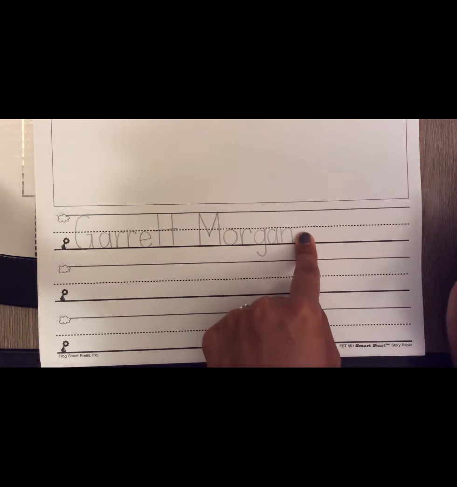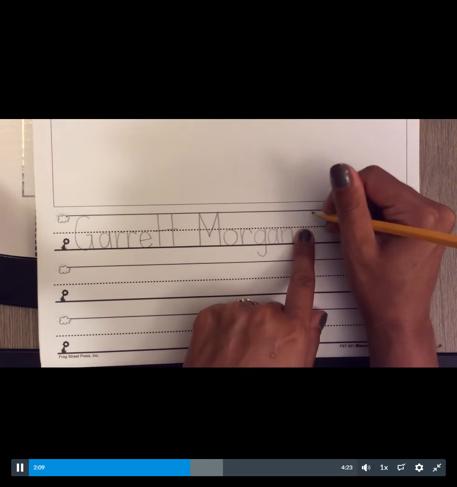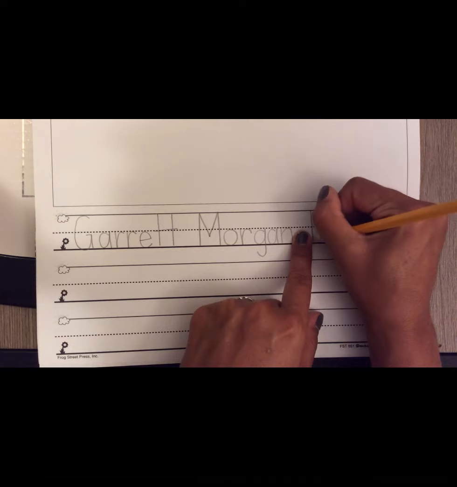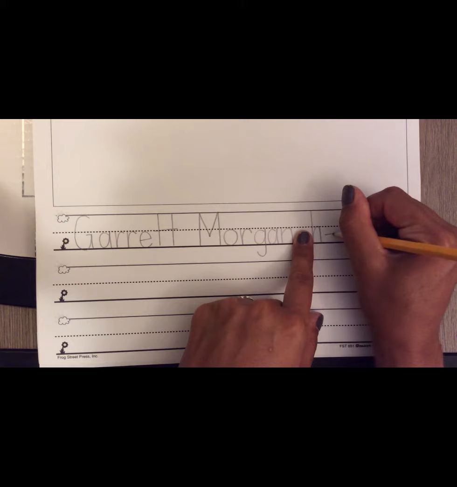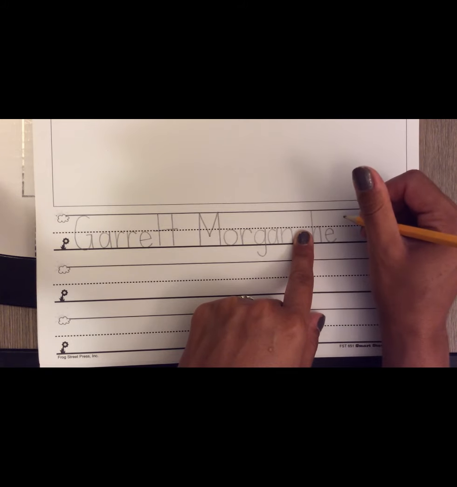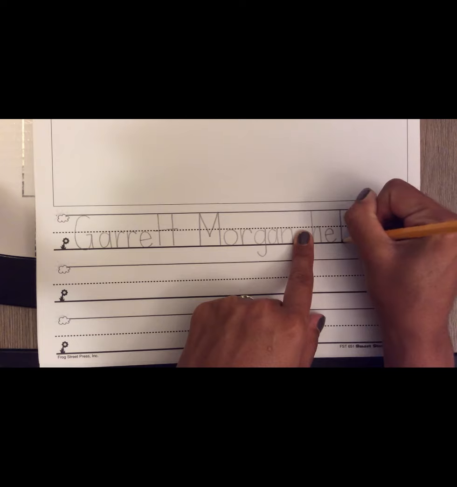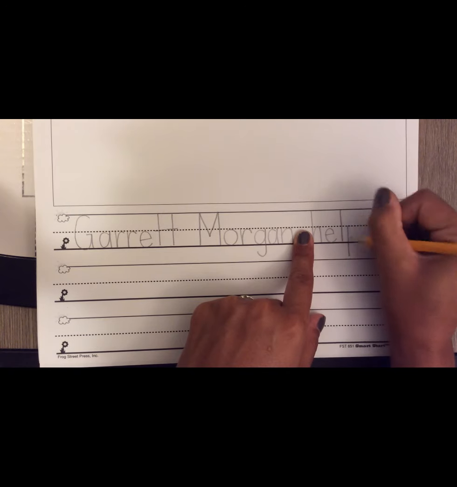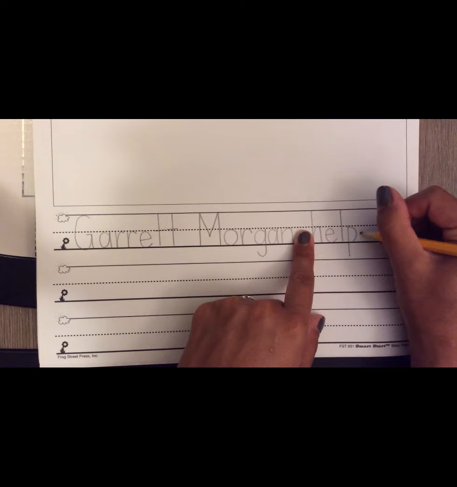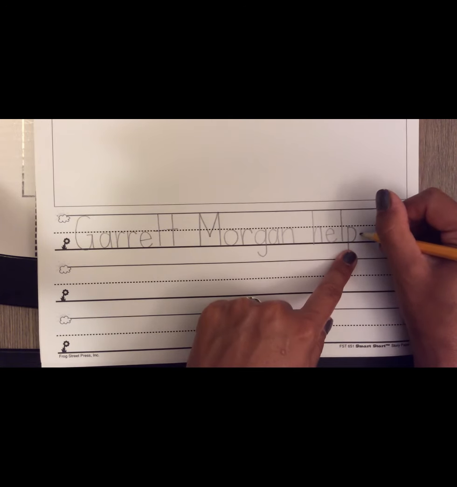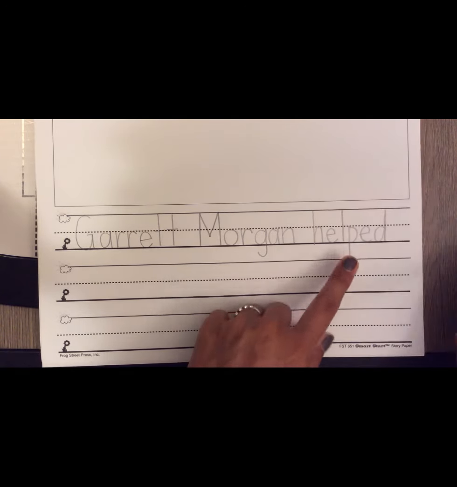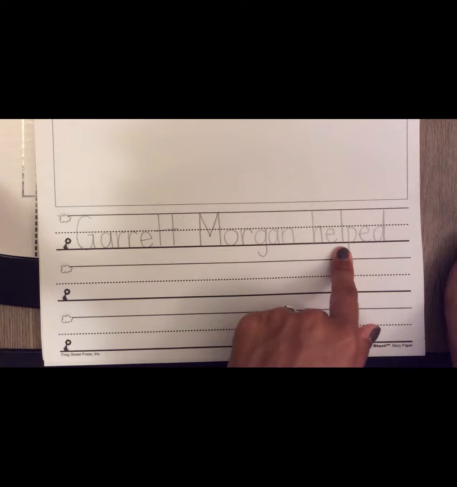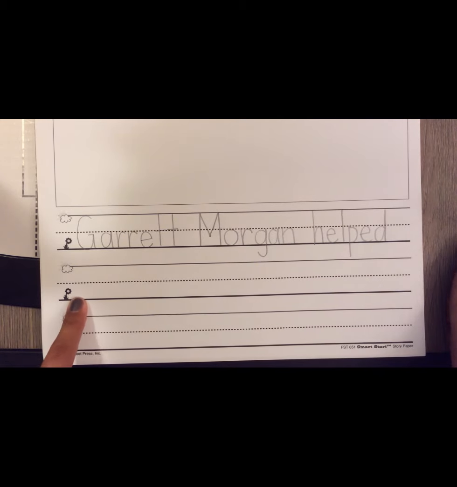finger space, helped. Helped has quite a few sounds. We're going to sound it out together. First, I hear H. O. Help. Helped. And D at the end of the word typically has ED. Garrett Morgan helped his